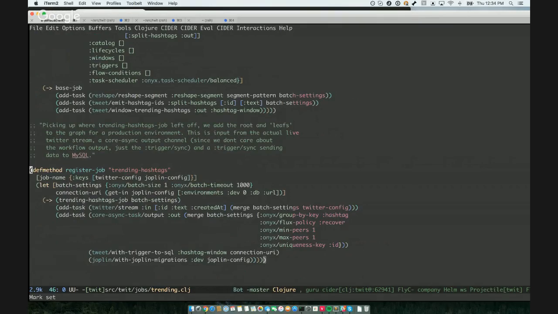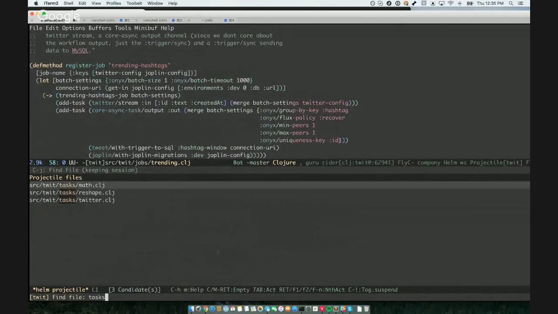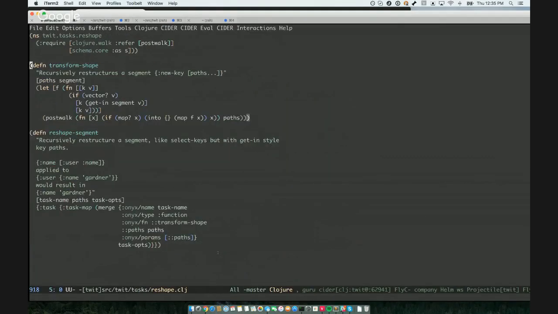So we have a job registered that is going to essentially count our hashtags and persist them to SQL. And I'll dive a little bit into what the actual tasks look like. The original one, if you remember, was that reshape segment task, which you basically give, say, a map that was